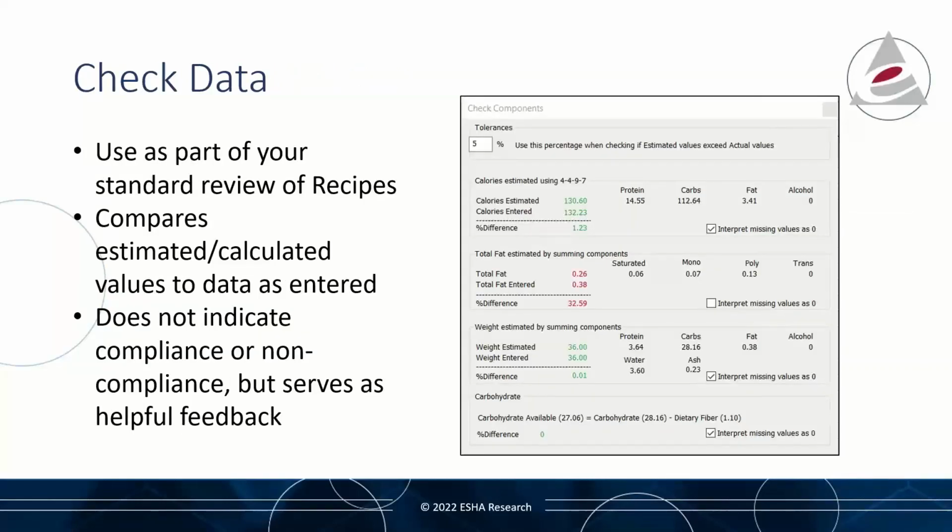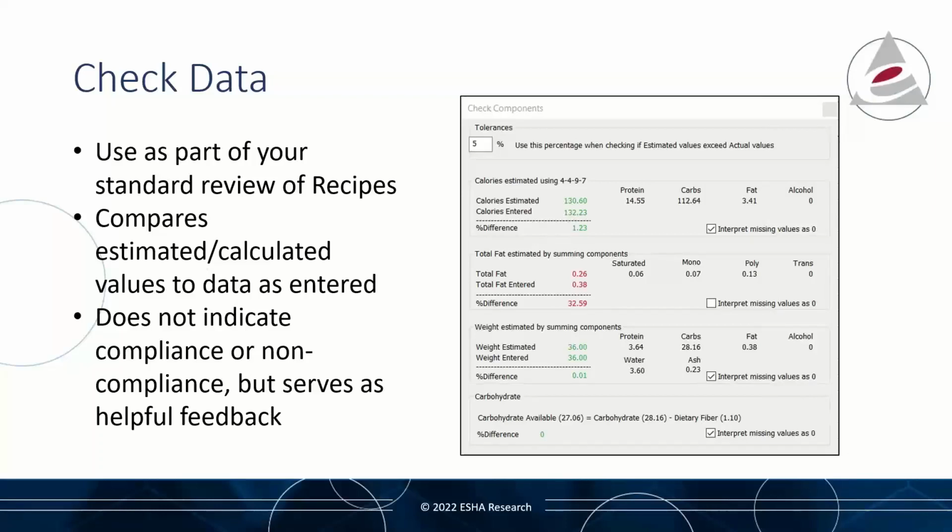After entering ingredient data or entering recipes in Genesis, a very good practice is to use the Check Data tool. So the Check Data screen includes a set of calculations being run to essentially review your work for you. So this is exactly designed to help you with your checks and balances process. This screen uses color coding to help identify some points that you may need to review and possibly modify. Green typically means a go ahead, and red means that you may want to take a closer look at the